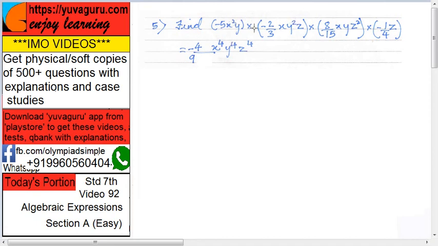Again for z, square z, so it becomes z raised to 4. This cancellation is the easier part, that's why I have not shown it in detail. 5 1s are 5, 3s are, 4 1s are 4, 2s are, then 3 3s are 9, and this 2, 2s are 4. That's it. That's why I have not shown the